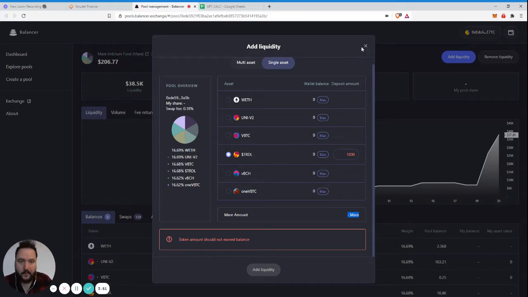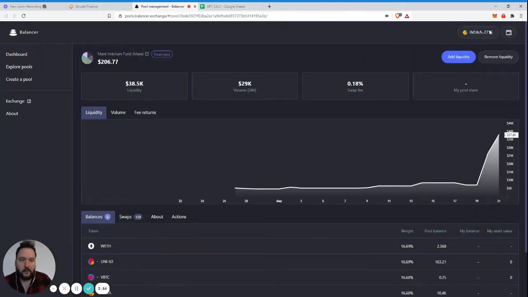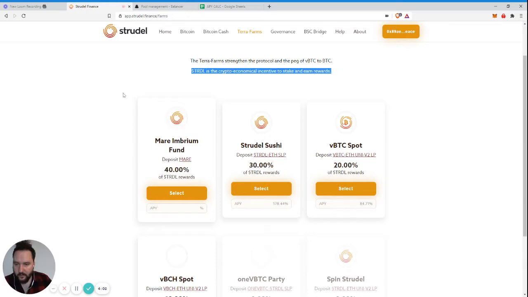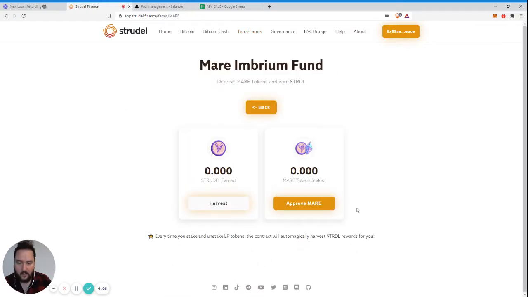The next step is, once you have your Mare tokens and they're showing up in your lovely MetaMask wallet, head over to Strudel.Finance. You're going to see the Mare Imbrium Fund right here. Go ahead and click select, and you're going to have to approve Mare for Strudel.Finance. This is only going to be, again, another signed transaction, anywhere between $9 to $12. You're going to click approve. It's going to pop up a MetaMask notification, and that will be dependent on the gas price. Right now, it says 43 bucks, but you have to approve the Mare tokens to be spent